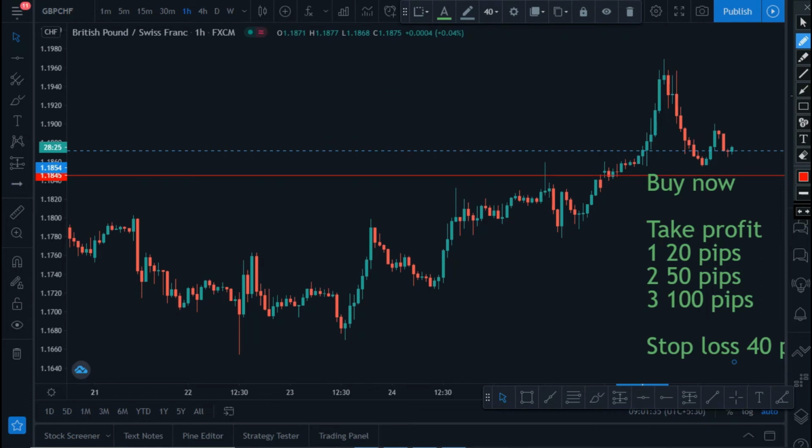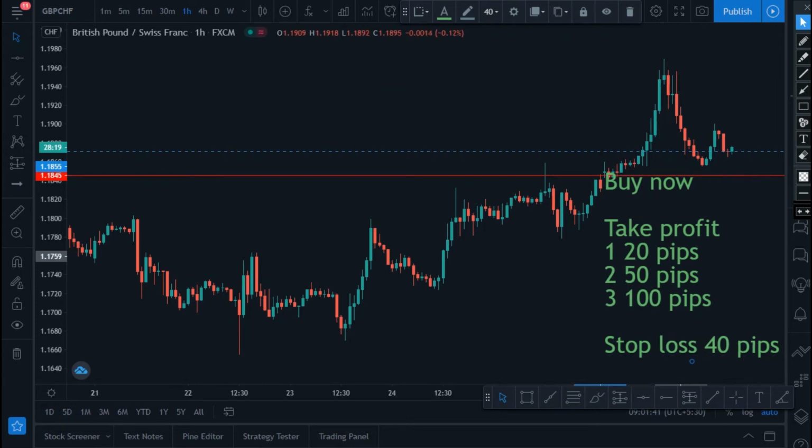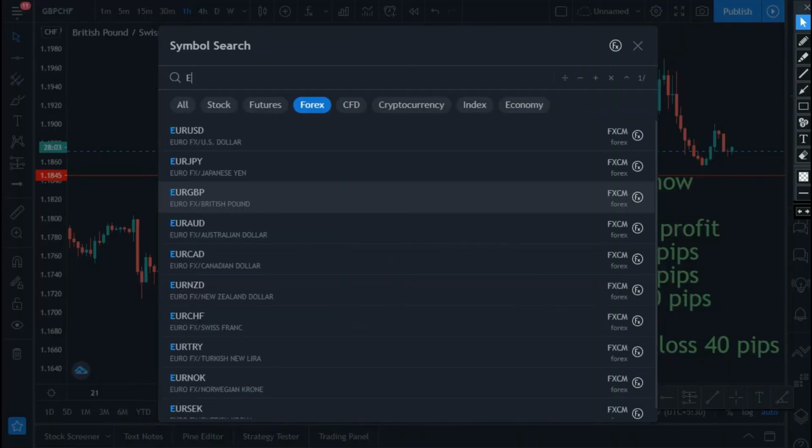So I would suggest you to place a buy order in GBP CHF. It will give you minimum profit of at least 50 to 100 pips. So this is a great opportunity for GBP CHF, and I'm going to give you a last pair, which is